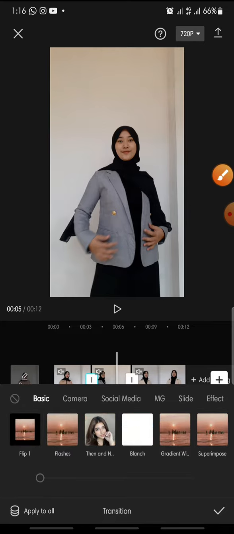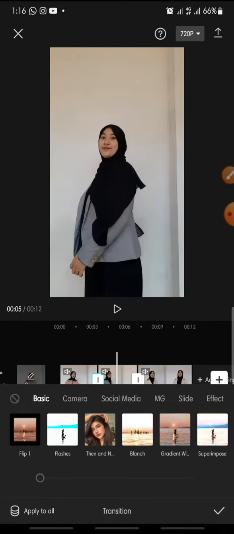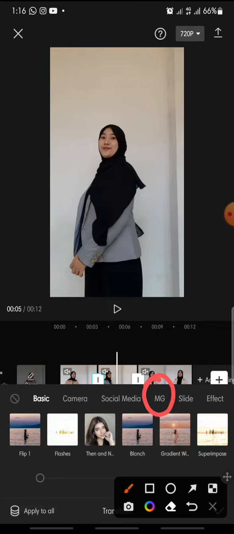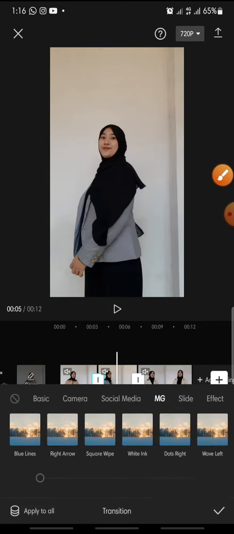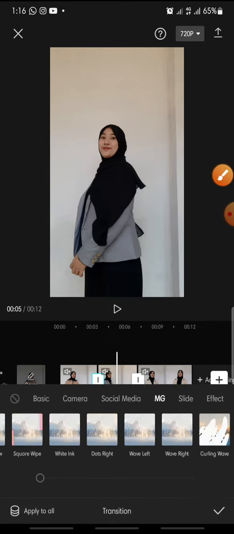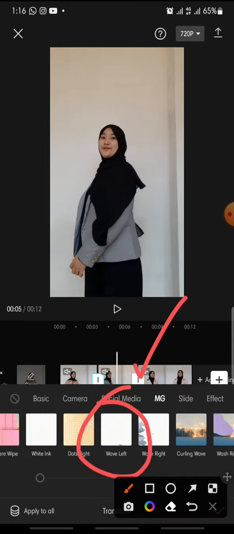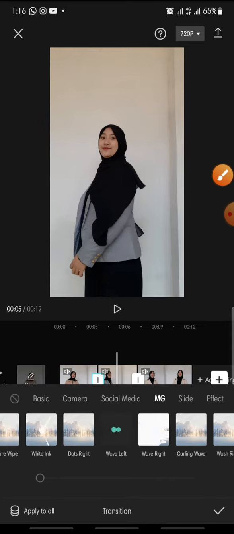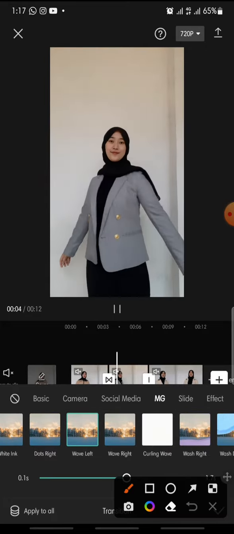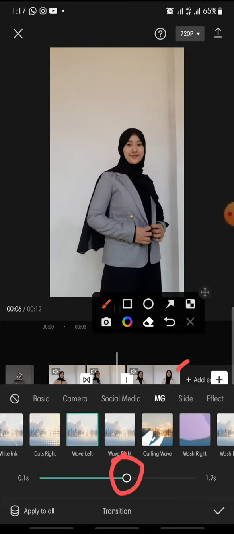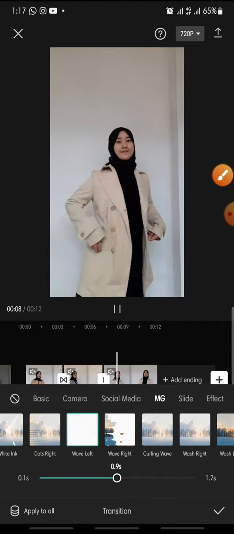And after this, you can click on this one, click on it and swipe until you can see wipe left. This is the wipe left transition, so you just click on it, and after this you can set the duration for the effect, so you just swipe left or right this icon like this,